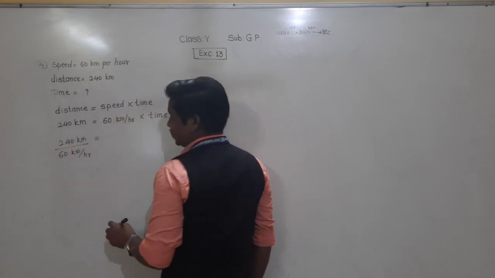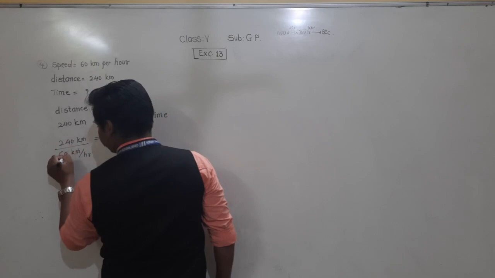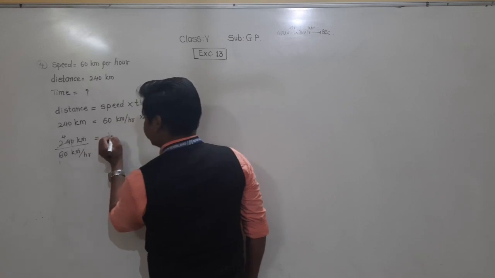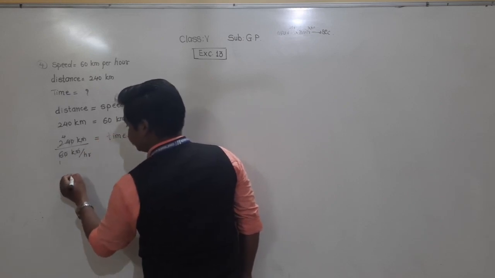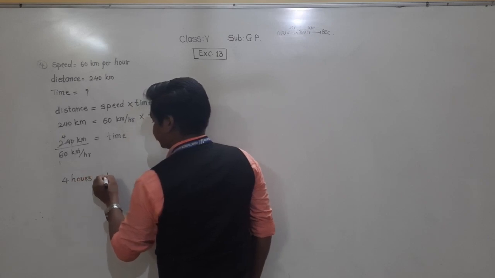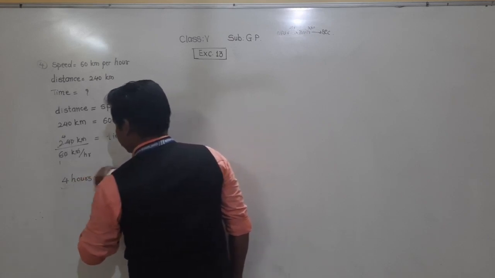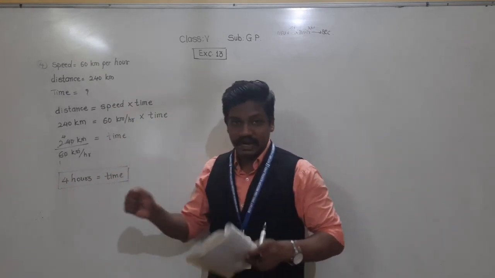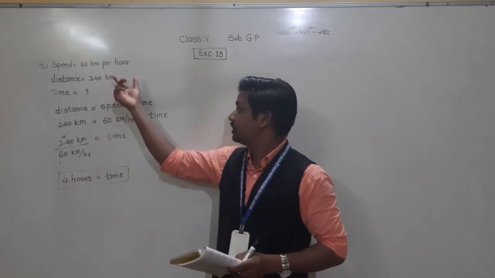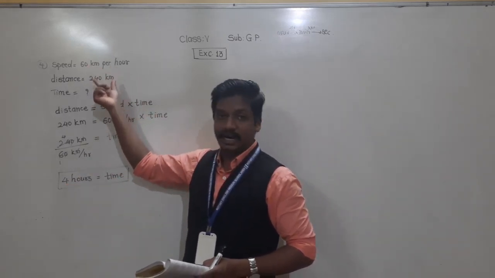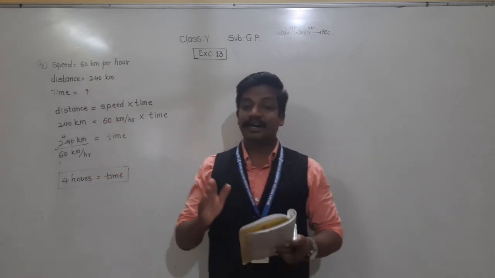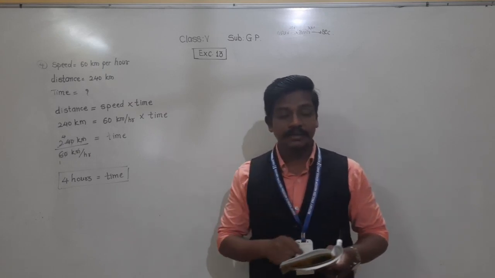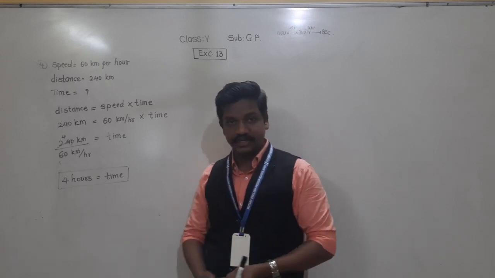Okay. The kilometer cancels. 240 divided by 60. 0 cut 0, 6 on the 6, 6 4s are 24. Okay. So 4 hours. Time is 4 hours. So only for traveling, now listen, here our answer is not finished. Only for traveling it is 4 hours. Because here we have found this 4 hours using speed and distance. Only for traveling. But again, he has taken rest also. He has taken rest for 1 hour 20 minutes. So that time will be again added to his journey, right?